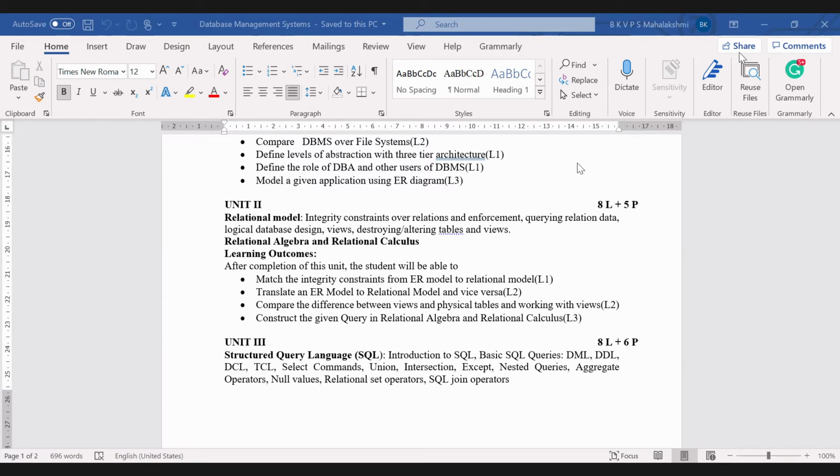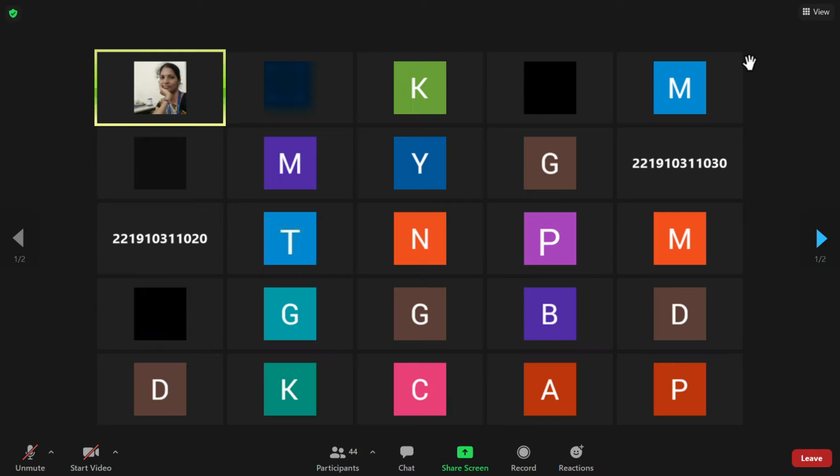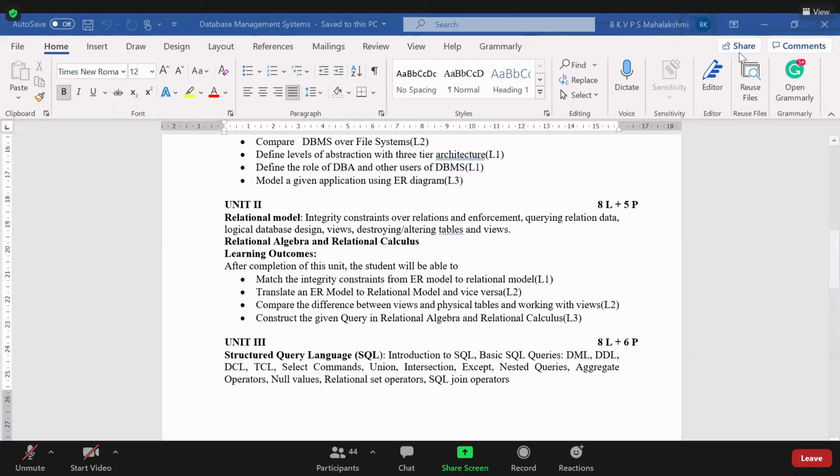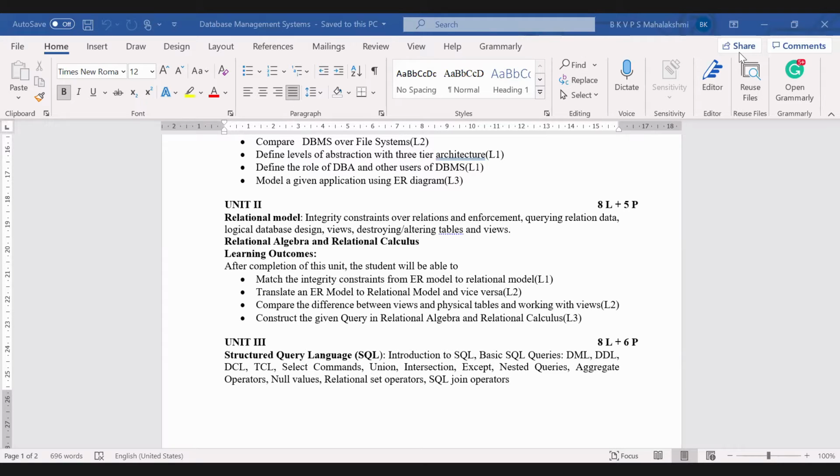So now I'm stopping sharing the screen. Wait. Can you see here? I have just opened the search bar. No, ma'am. So we have a search text box at the bottom left side corner.